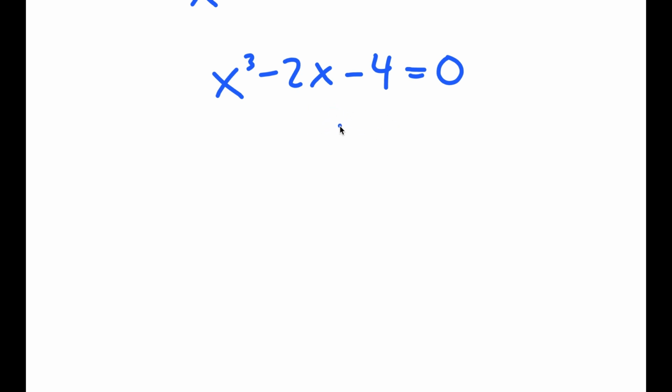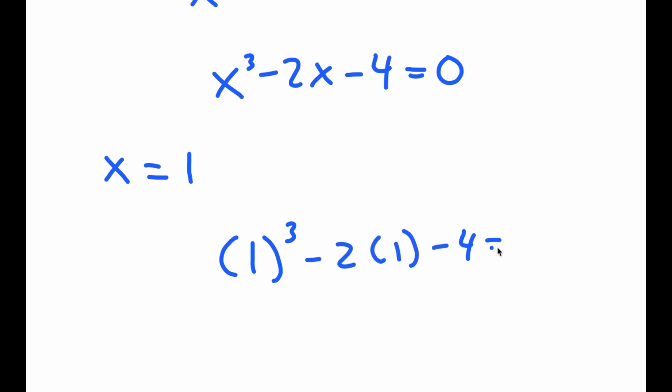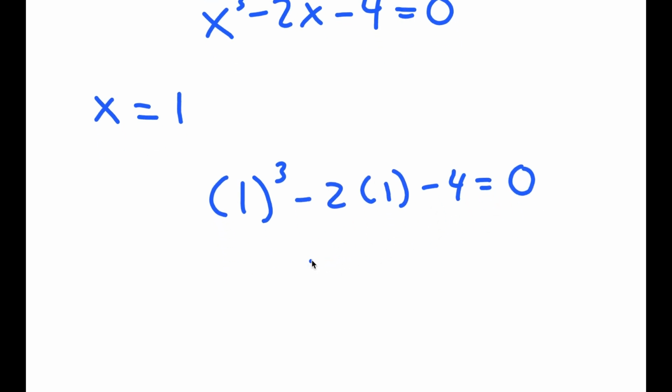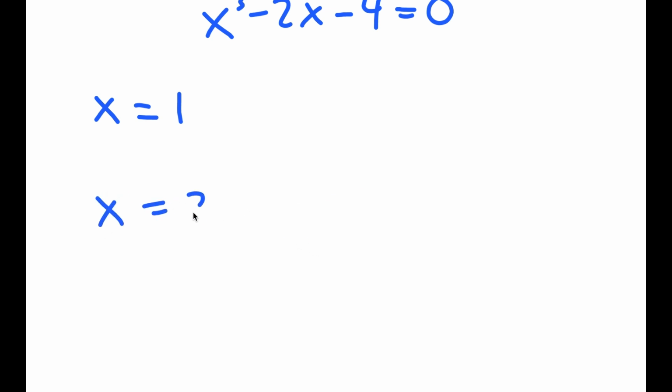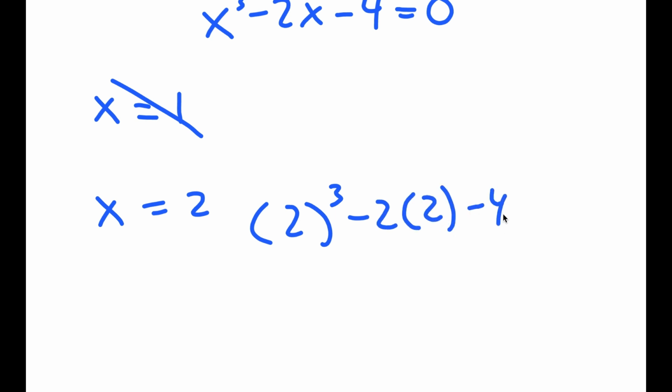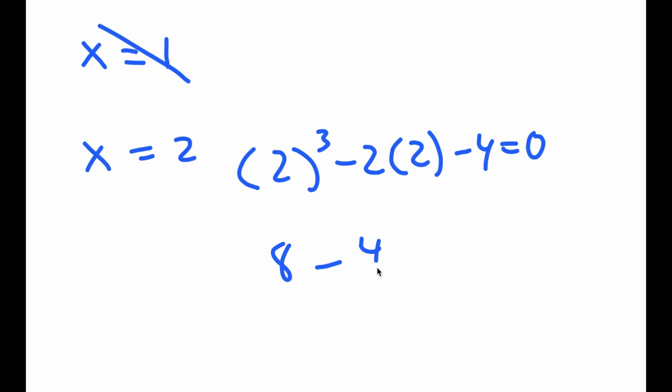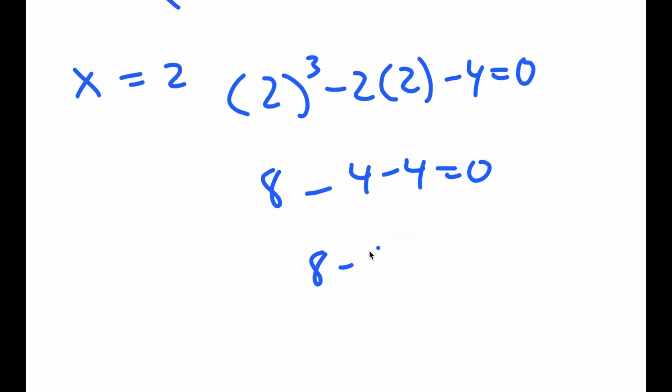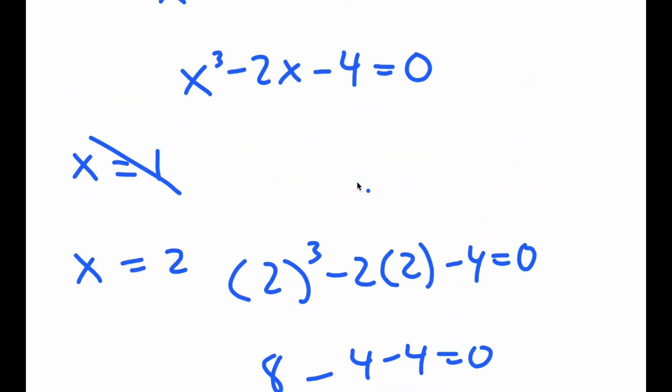So to find that one solution that we need, we're just going to start testing out values. So let's first try x equals 1. When x equals 1, I get 1 to the power of 3 minus 2 times 1 minus 4. And this is just equal to negative 7. So this doesn't work. So now let's try when x equals 2. When x equals 2, I get 2 to the power of 3 minus 2 times 2 minus 4 is equal to 0. This gives me 8 minus 4 minus 4 equals 0. So I get 8 minus 8, which equals 0. So x equals 2 is a solution,